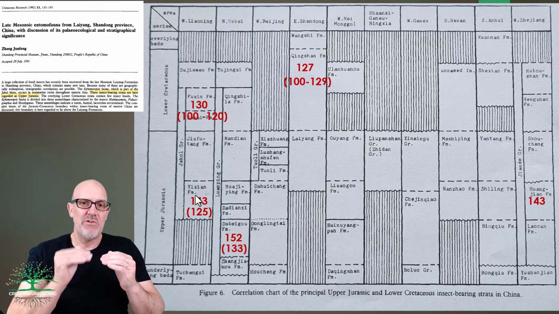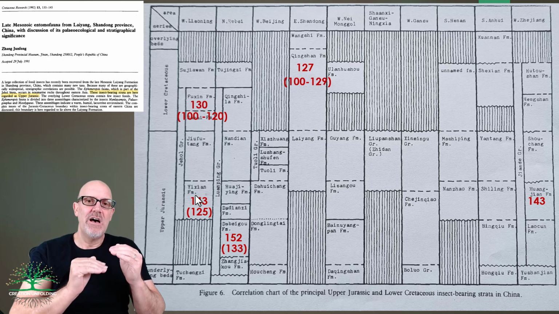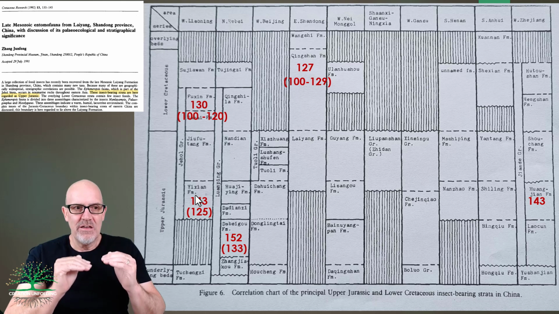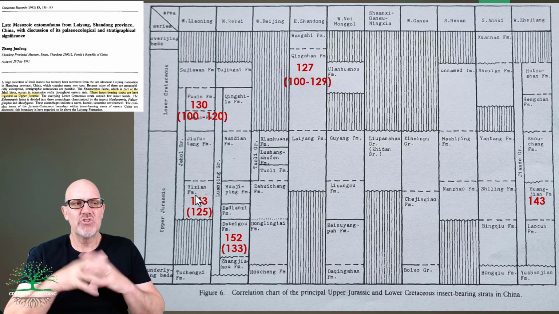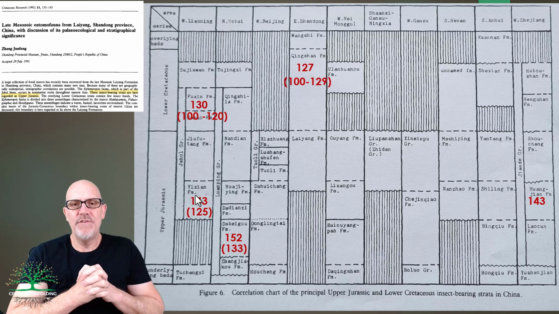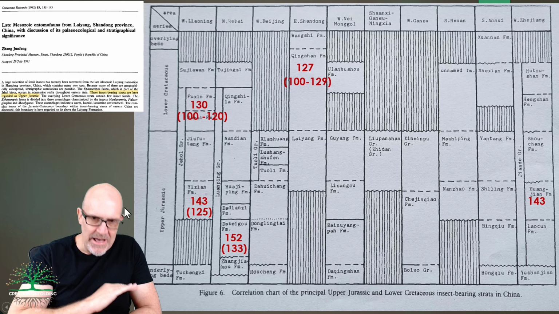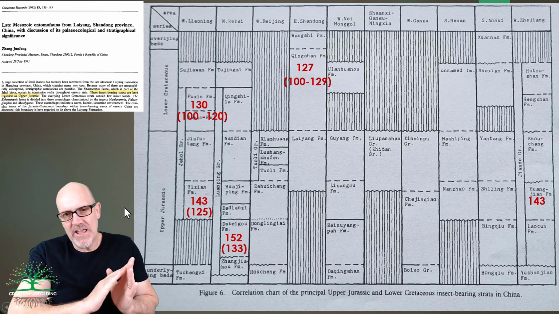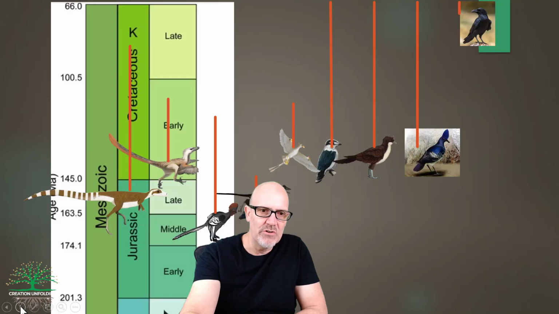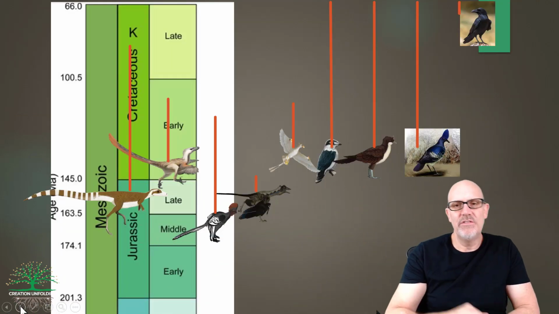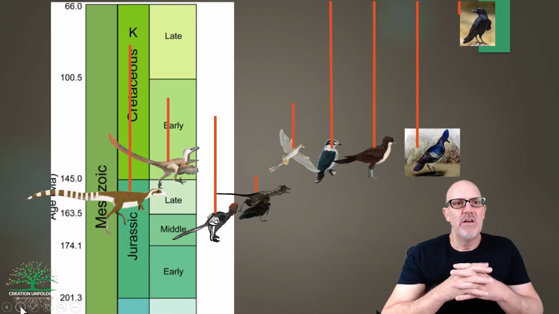But I do think there is some variation that is there, but it's within limits. They certainly couldn't say, for example, if the Yixian Formation had a date of 125 million years, that this is now 50 million years old, or now 200 million years old. Anyway, after saying all of that, I really do struggle with accepting the dates as given